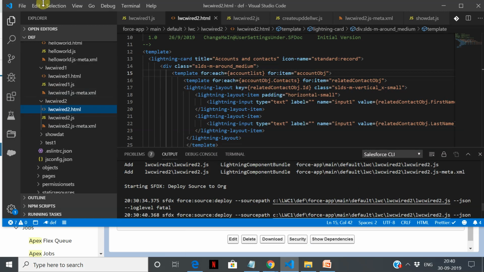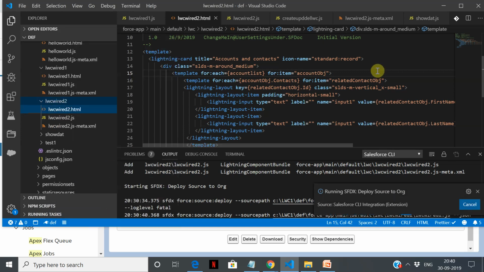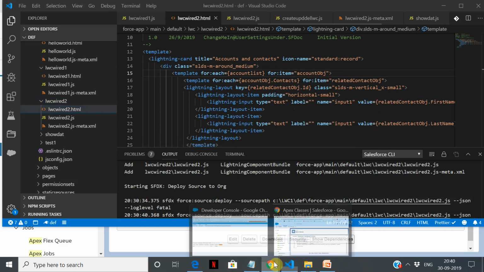So let's save all of this and fire it up, deploy to server. If you've already done Visualforce page and Aura components, this part will be very easy to understand actually, because most of them are similar in syntax and the wiring is just different. The only difference is we use import, and no, we don't say controller equal to. Okay, so this is already done.